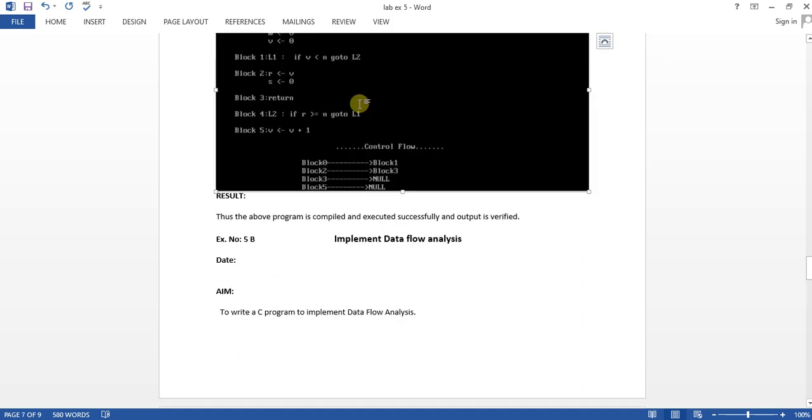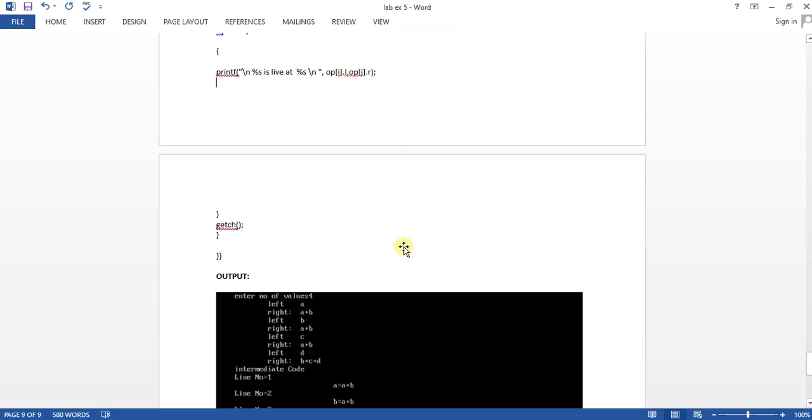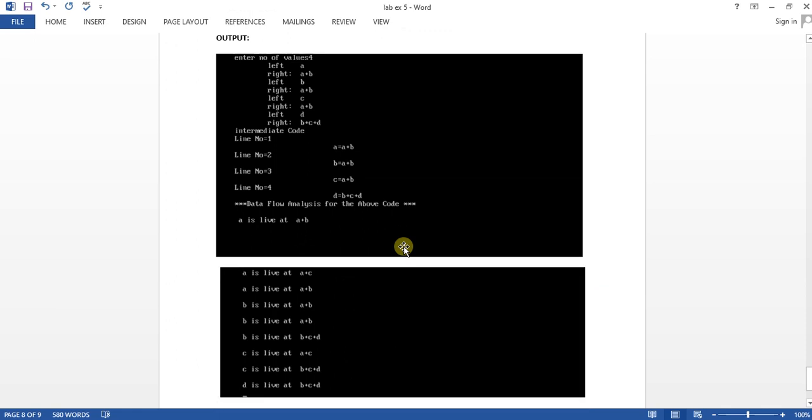Okay, fifth one B, implement data flow analysis. Here what we have done is it tells us which data is live. You can see in the output, it asks to enter the number of values. We have to enter 4 values.